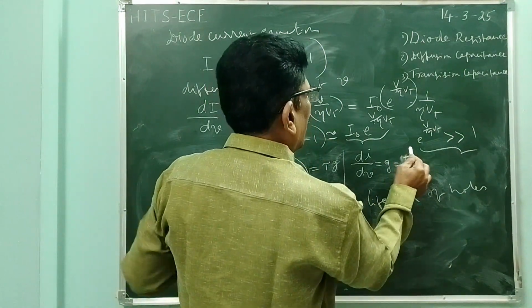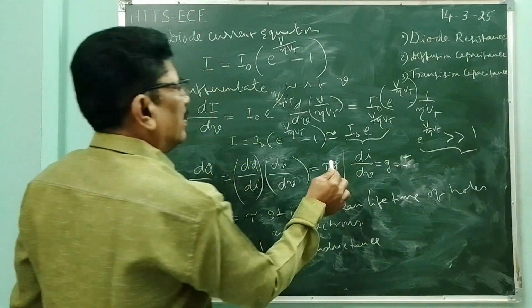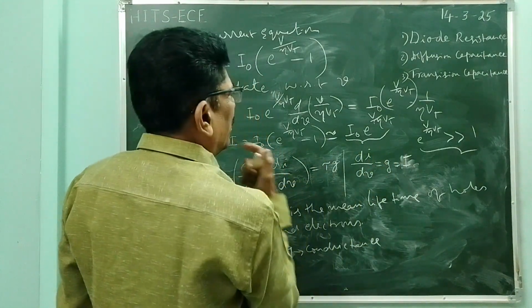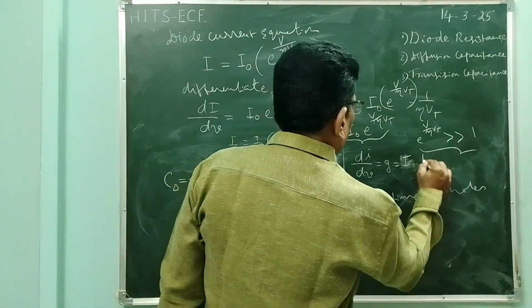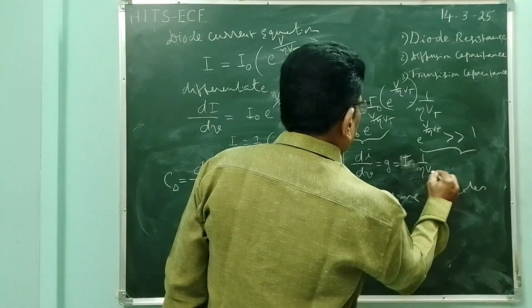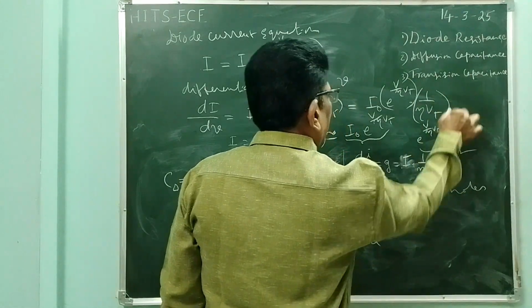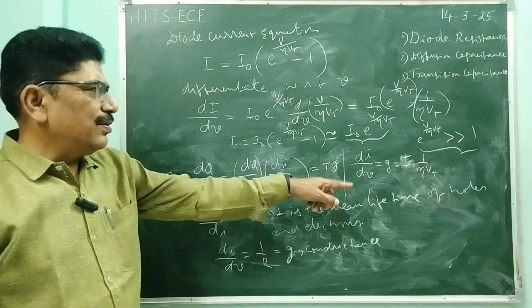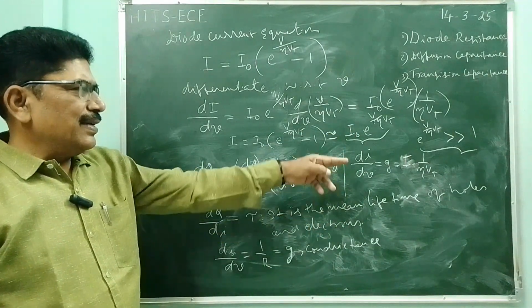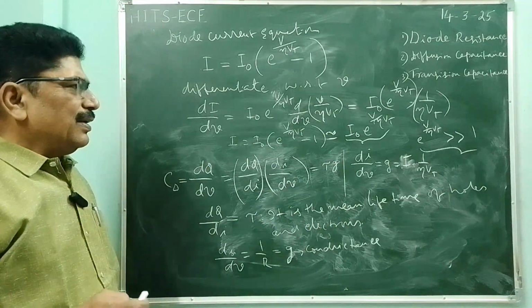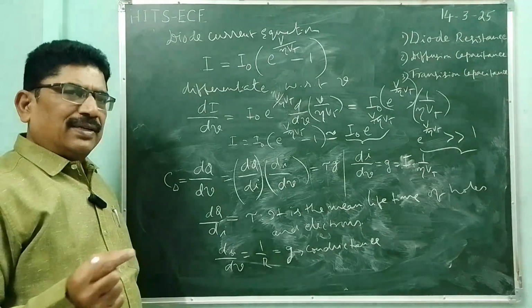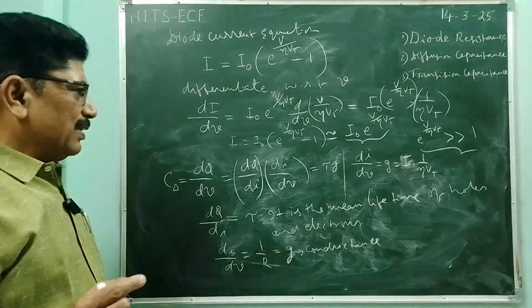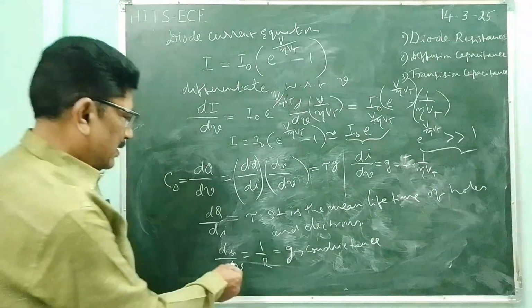So dI by dV is equal to G, which is equal to I into 1 by eta Vt. I is the diode current, eta is the emission factor, and Vt is the voltage equivalent of temperature, which I already told you. So this equation